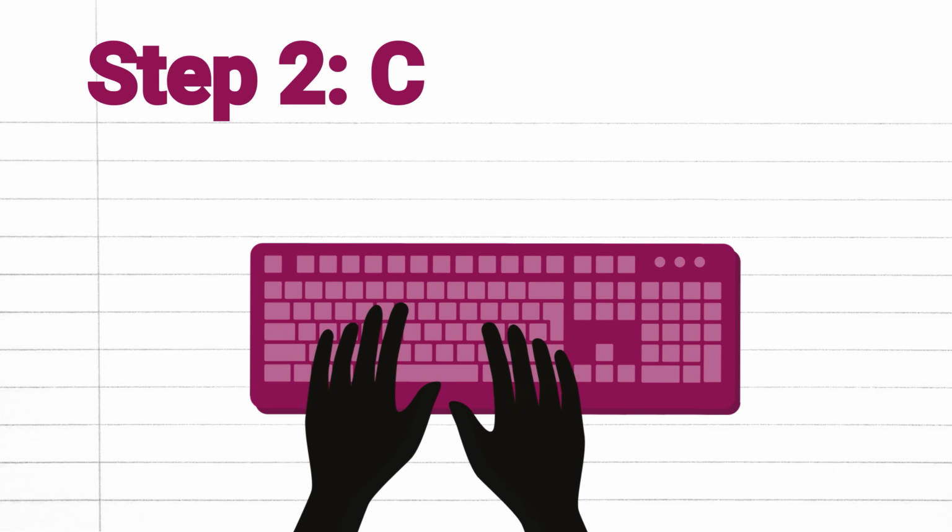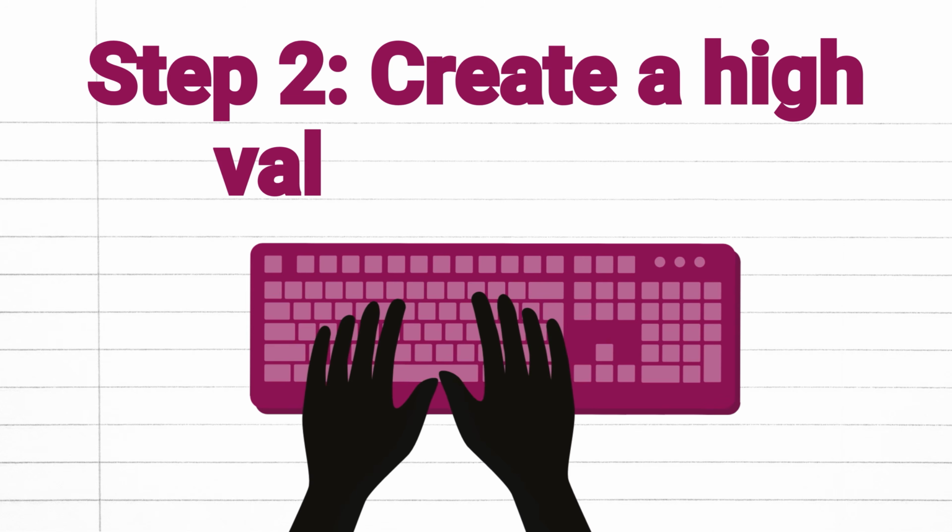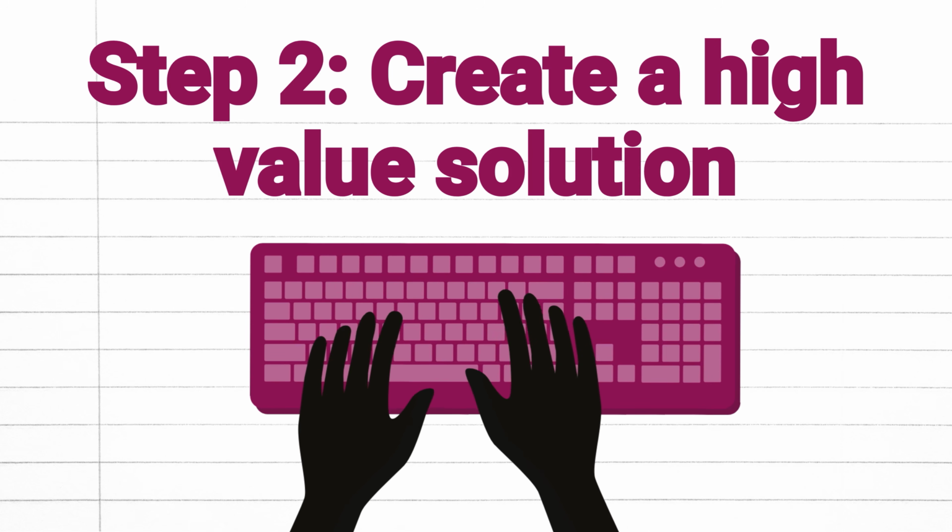Step number two for how I created passive income from my book without Amazon KDP is that I had to create a high value solution to that problem. A high value solution is a solution that lets somebody solve the problem faster than everybody else, easier than everybody else, or with less stress than everybody else. It's got to be one of those 3 things. You have to be improving how that person can solve that problem using your formula.